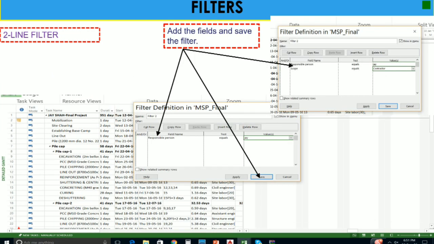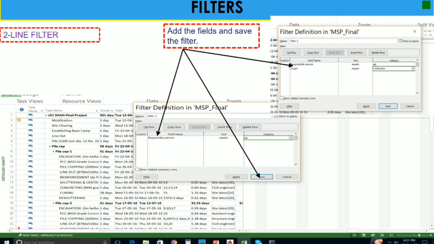To apply a two-line filter, you can add the field and save it as shown in this figure. Whatever kind of project requirement you have, you can name your filter and assign field names.